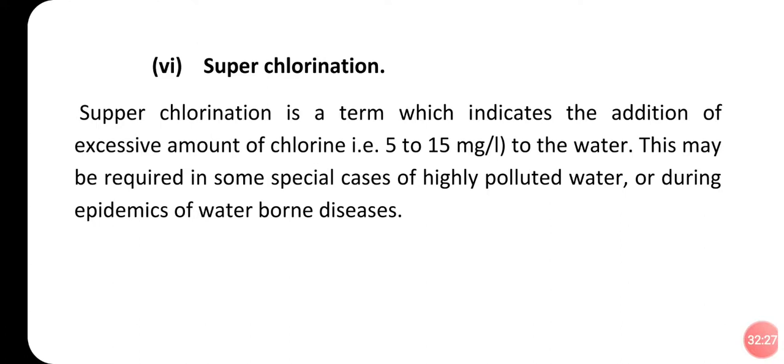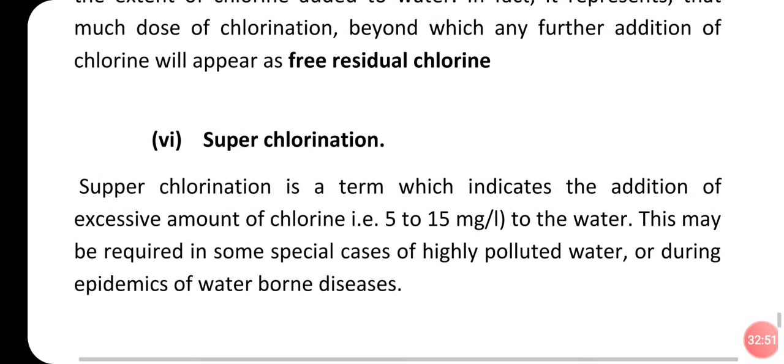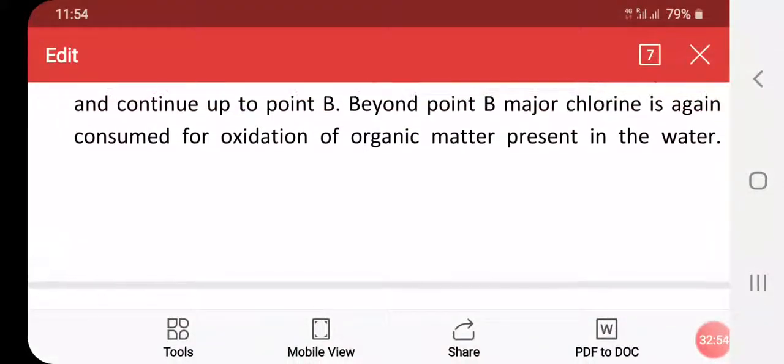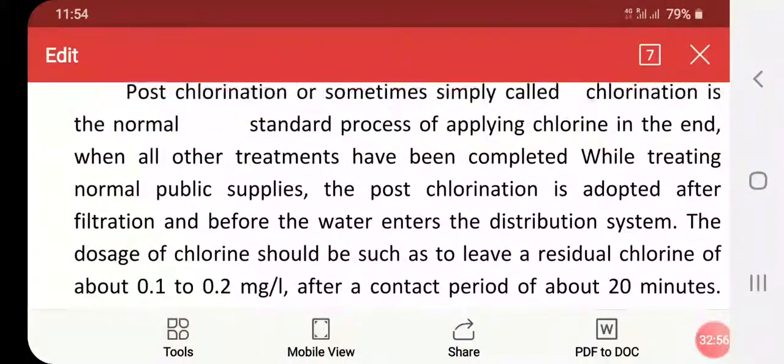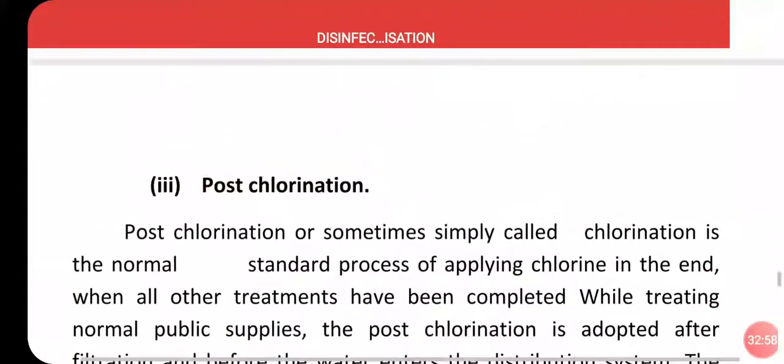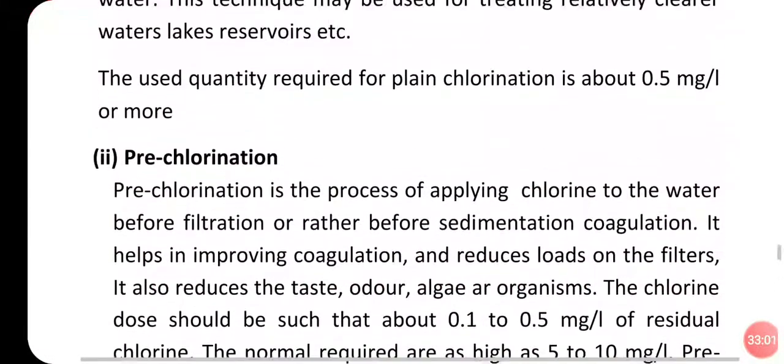So all these different methods of chlorination are chosen depending on the condition of the water treatment process, the condition of the situation, the condition and type of the water to be supplied, and the quantity of water to be supplied. All these things matter. Depending on all these conditions, the type of chlorination will be decided. We have discussed all these types. One more type is the last one remaining. What is that? I will tell you.